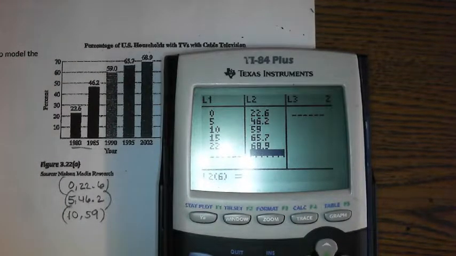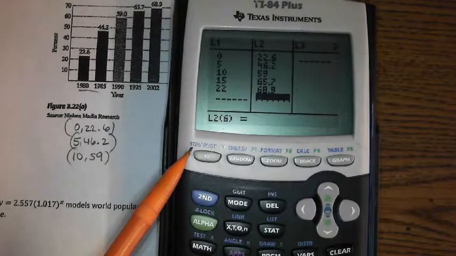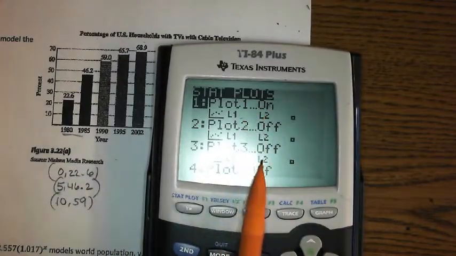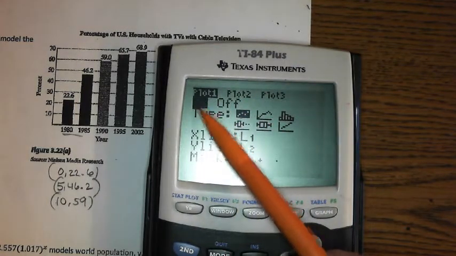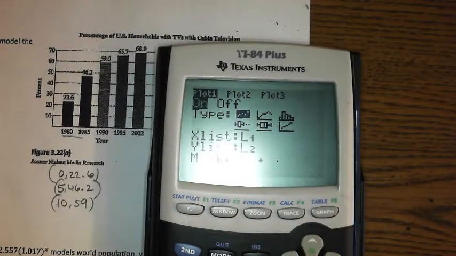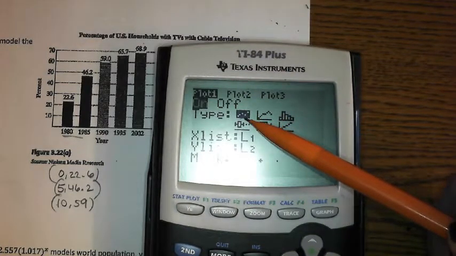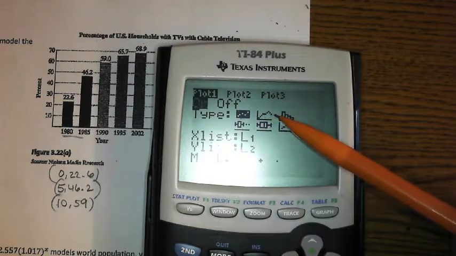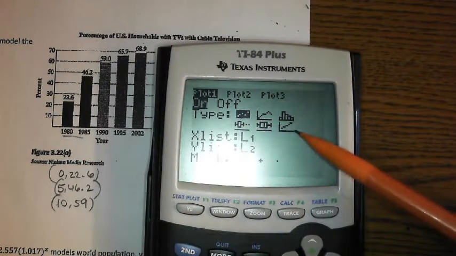Now, you have to turn on your scatter plot. So above y equals, it says stat plot, so you'd hit second y equals. And yours probably are all off, yes? Mine is on because I already did this today, but turn it on, go in, select on. Now, you can choose from, scatter plot should already by default be selected, so we're going to stick with that one. But there's a line graph that would then connect all my points with a line. There's a histogram. There's a box and whisker. And there's,